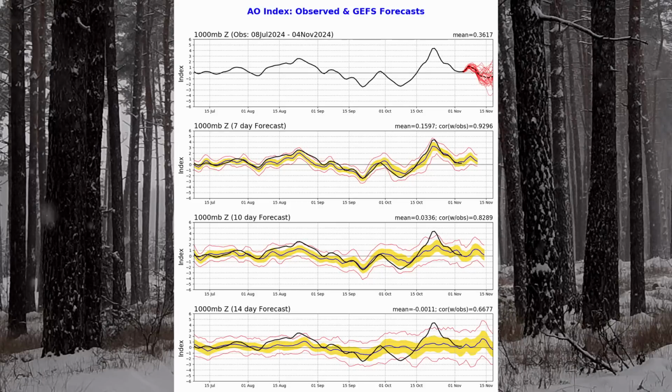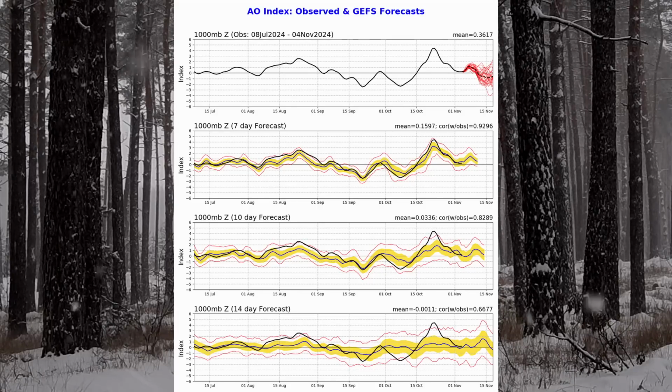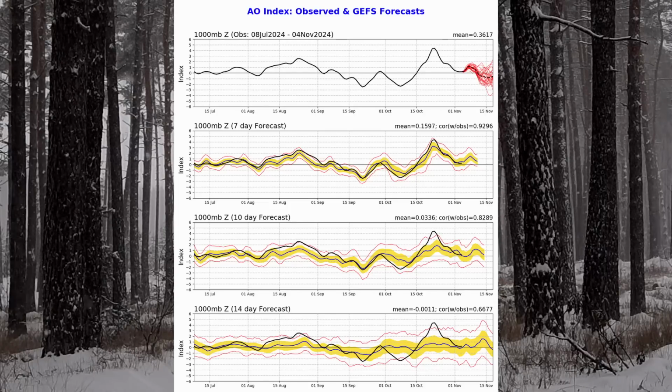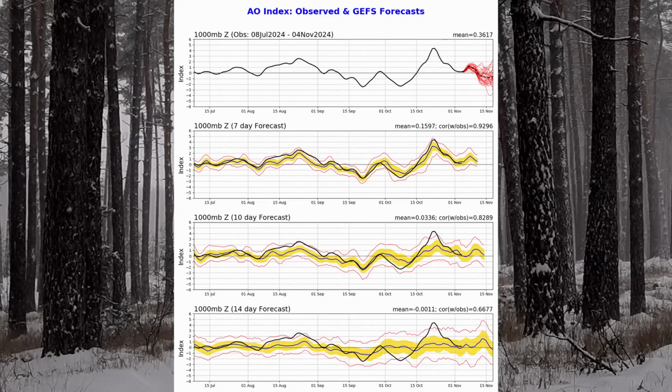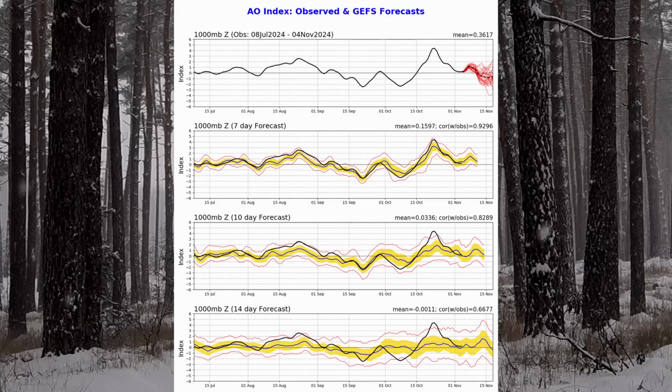Now, taking a look at our next pattern, this looks a little similar to the last graph-wise, but we are looking at the AO index, or the Arctic oscillation. Now, the Arctic oscillation is basically how far south we'll be seeing those cooler conditions. That's kind of a summarization, a very general summarization at that. But what we're seeing right now is that we're looking at potential for some negative action. So we've been seeing a little bit of a positive peak there, a little bit of dips in the negative some past weeks,